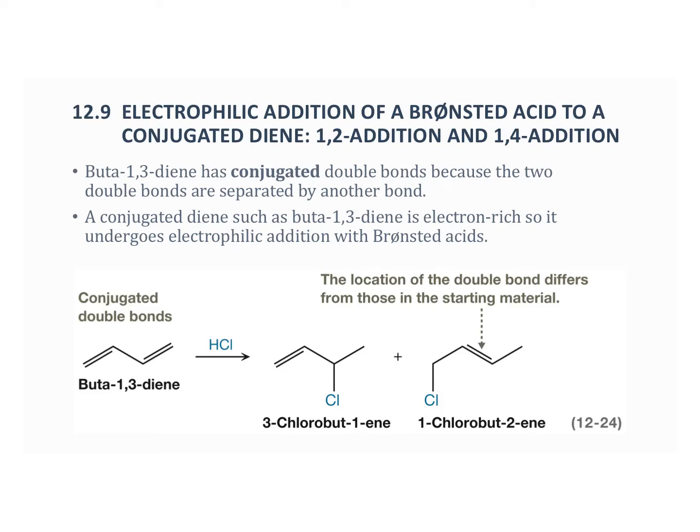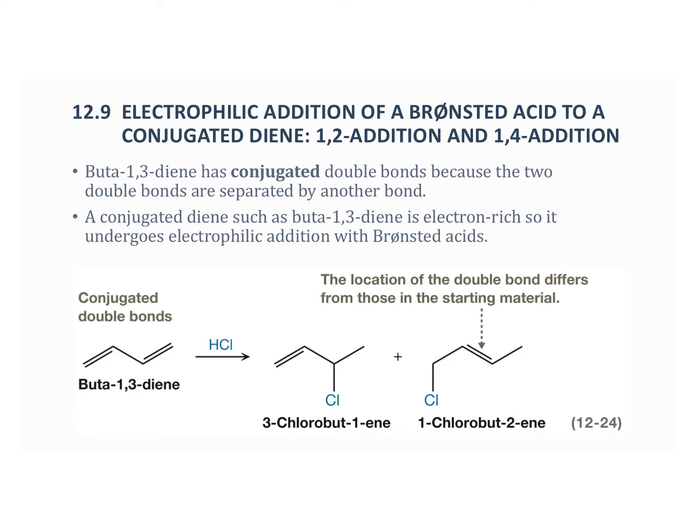A molecule like buta-1,3-diene is said to have conjugated double bonds because the two bonds are separated by another bond, in this case a single bond. So conjugated double bonds generally are double bond, single bond, double bond. Okay? A conjugated diene, like